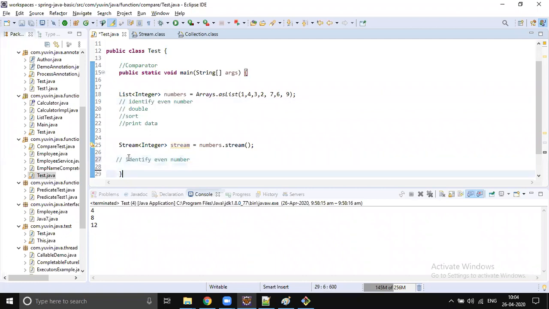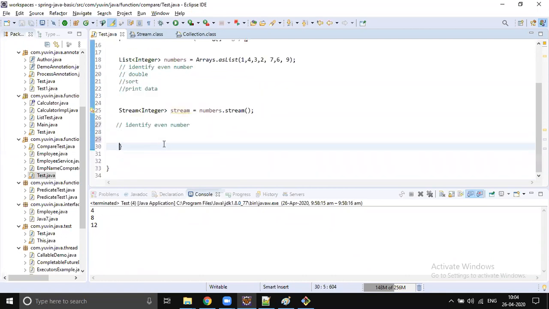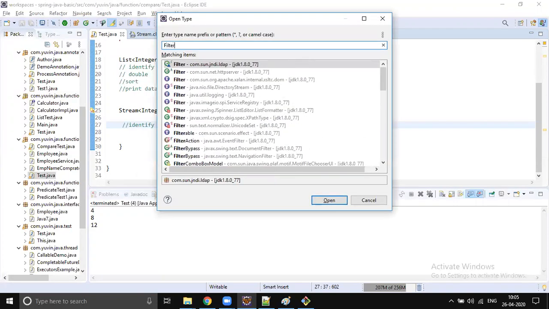So how will you usually identify an even number out of this list? Filter, right? You write some if condition. If the condition is true, then that is an even number. If it is false, then that is an odd number, right? So you are going to check some condition, and when you want to check some condition, you have to use a filter. We already discussed this, right?